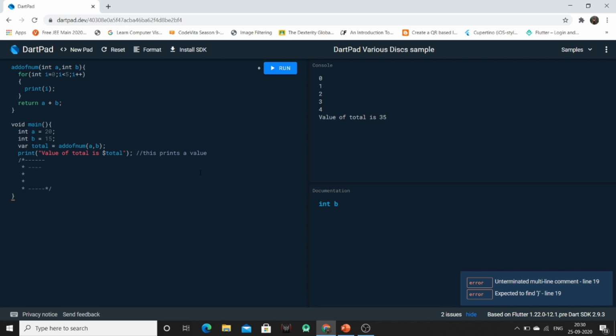So this is multi-line comment. And the third one is documentation comment, which can be implemented using triple slash. So these three types of comments are available in Dart.